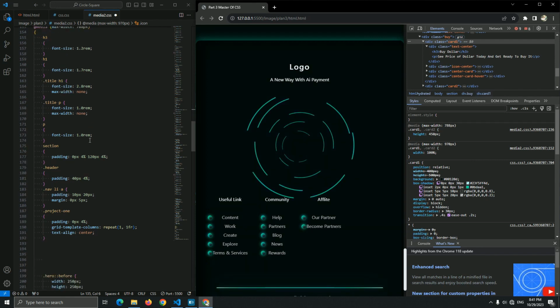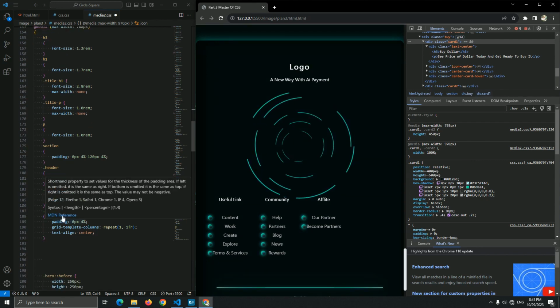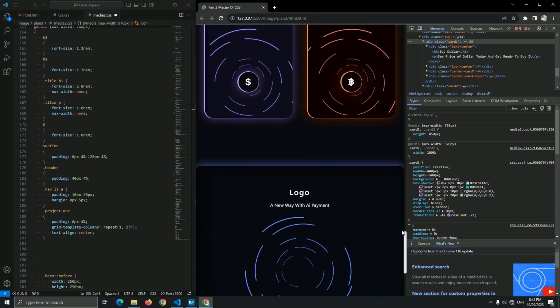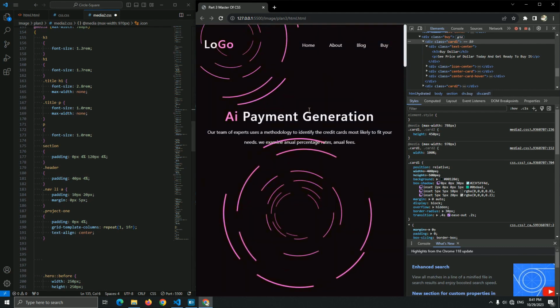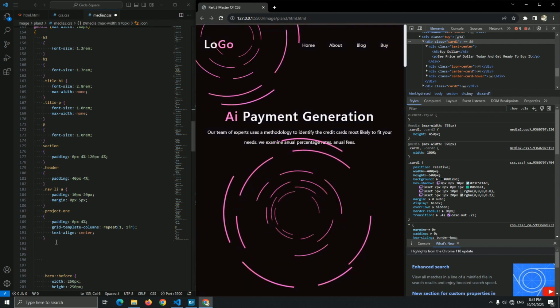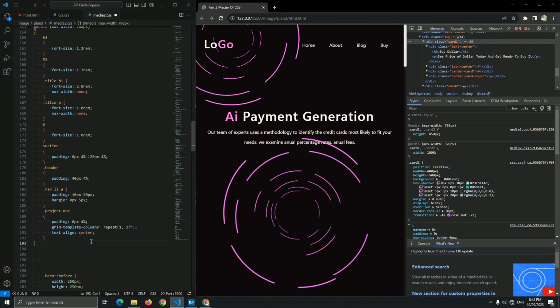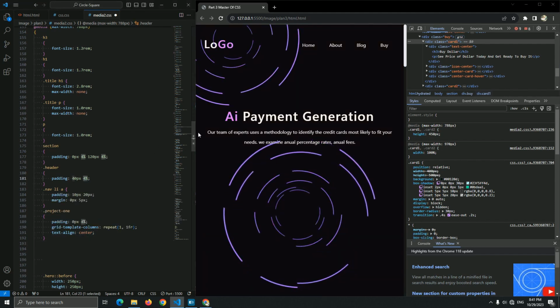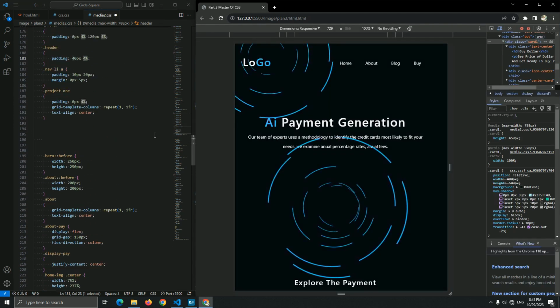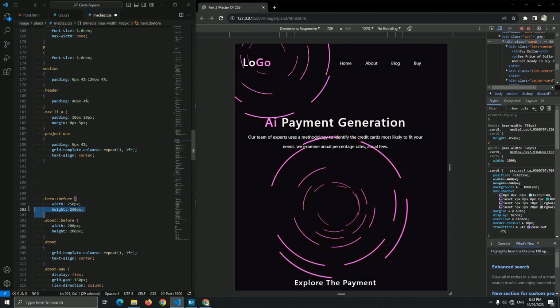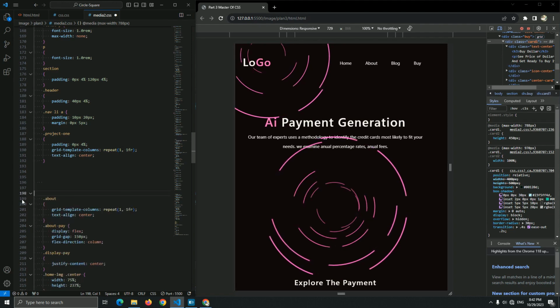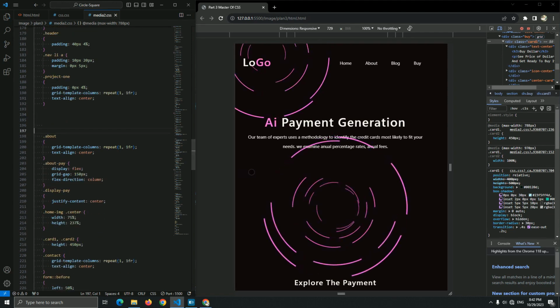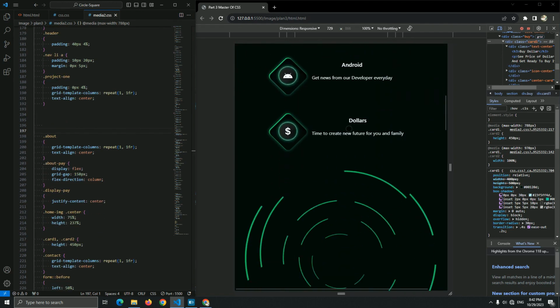We just keep resizing the font and the project one, as you can see. And now we add a grid template column, repeat one for this one, as you can see right now, and the text align be center. And we just reduce the left and the right to 4%. Yeah, and let's go to see it. Or hero before, we don't have a hero before. About before, okay, yes, about before.